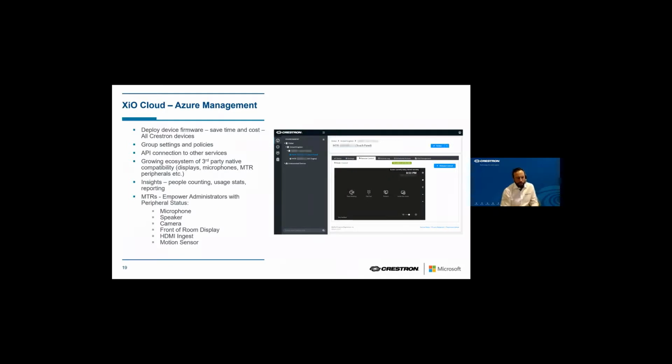So it's worth pointing out that there is a little bit of overlap between this device and Microsoft's managed meeting room solution. Microsoft's managed meeting room solution is largely aimed at the MTR itself, whereas what we are able to do here is to manage all the peripherals around it. So every Crestron device that rolls off the production line will be equipped with the capability to be monitored and controlled via XiO Cloud.